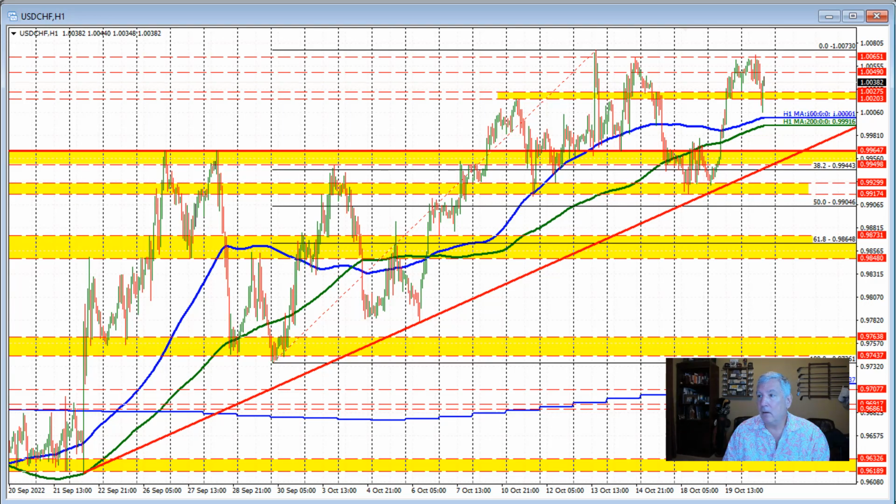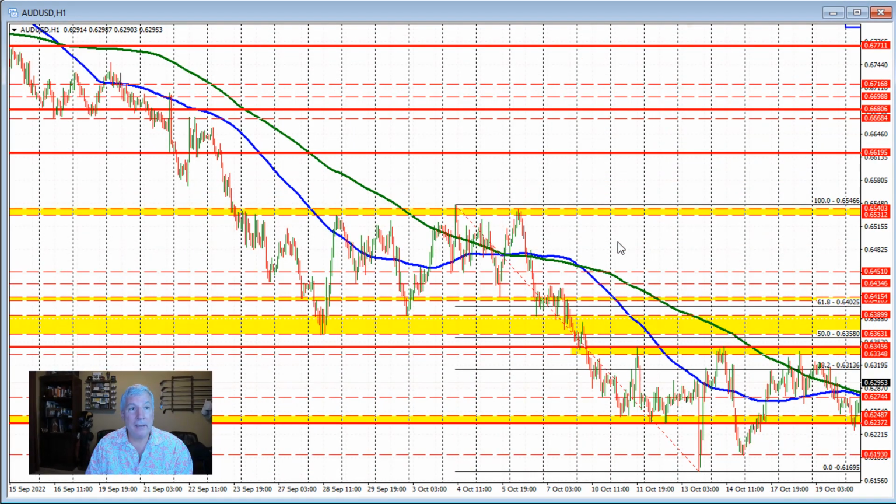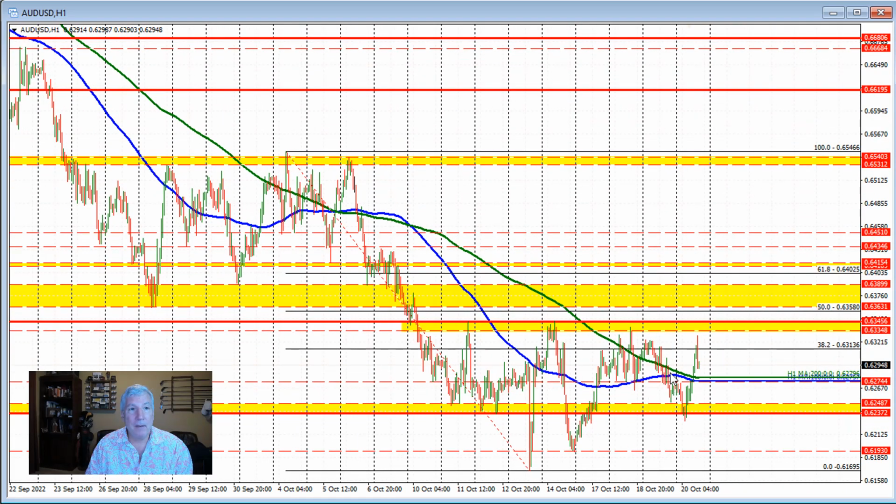Let's take a look at the Aussie versus US dollar. They had employment numbers come out, which were a little bit weaker than expectations. Just a small gain in the number of employed with the expectations of 25,000. I think it was 0.9 thousand, or 9,000 versus 25,000, maybe a little. I think it was less than 1,000. Anyway, whatever the number was, the Aussie versus US dollar did move lower,